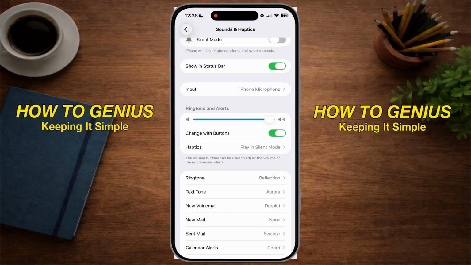As you see, I have it all the way up, but this will also affect other alarms or phone calls on your phone. So just keep that in mind when you go about adjusting